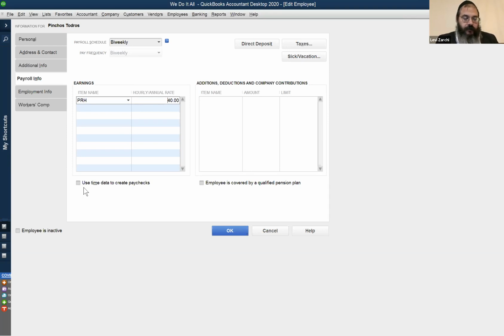One important factor to keep in mind, and we're going to point this out again when we actually do it, is the employee earns the money when he works. The money for the company is only earned when you create the invoice. So if we enter a timesheet for Pinchas Tadris, it's true that if he does 5 hours for $40, he's going to get $200. The company earned $375. They earned $75 times 5. They earned actually $175 profit. But it's not going to show up on the P&L, the $375,